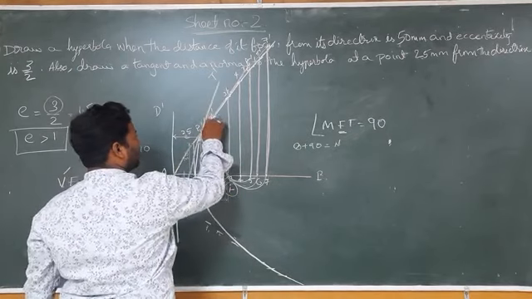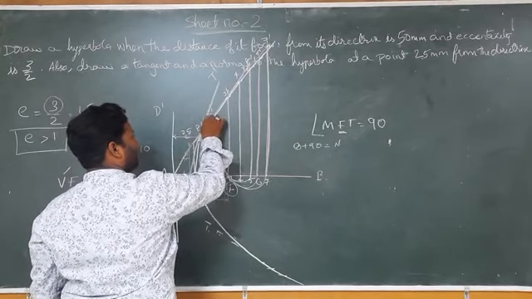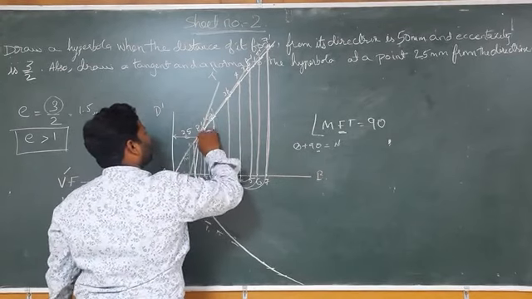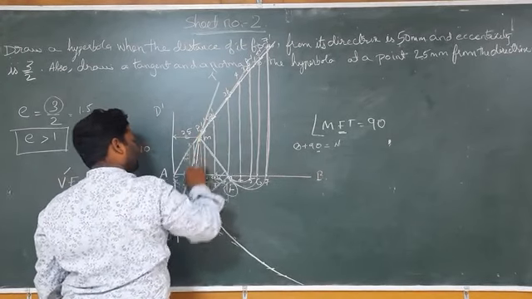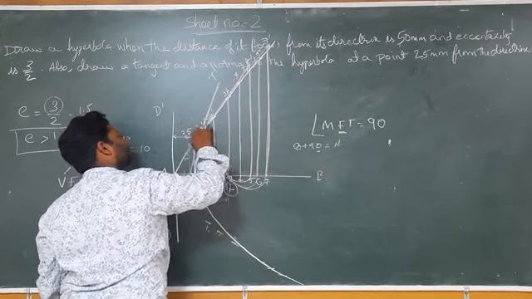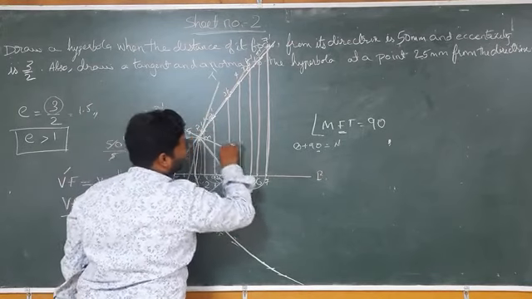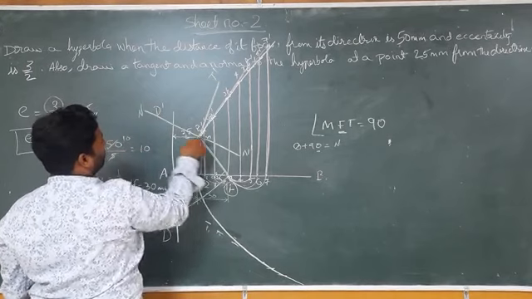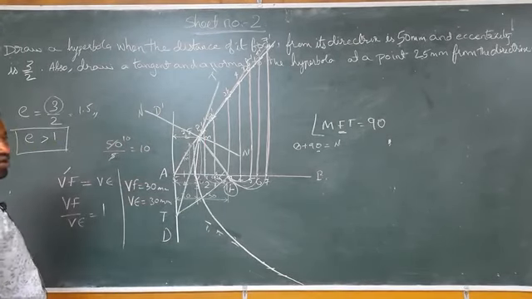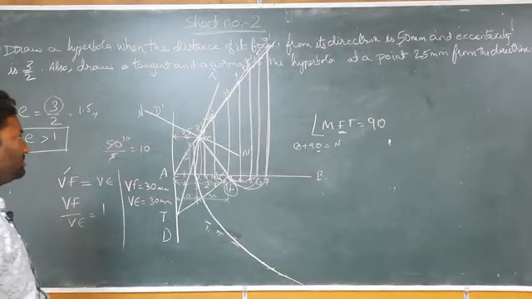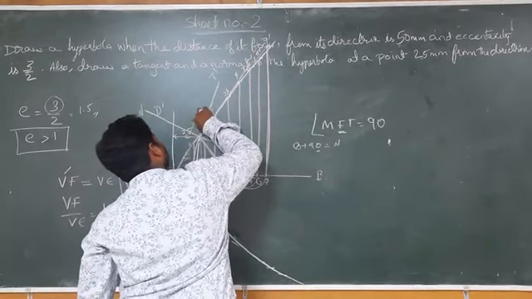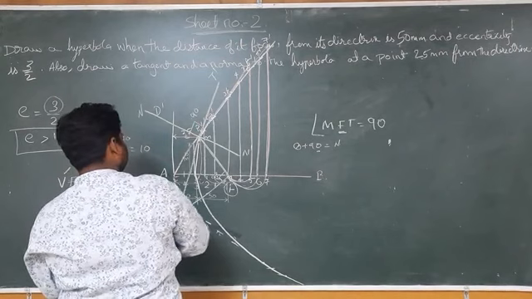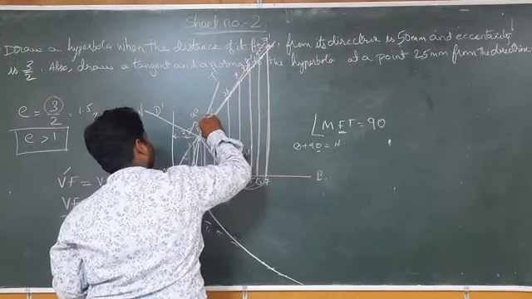So here, whatever the angle is, we have to measure. After that we have to add 90 degrees to this theta, and from that whatever the angle is, we have taken exactly 90 degrees from here. If we take it, we will get a normal like this, N complement. So here we got a normal as well as a tangent. So here the angle is 90 degrees again to the tangent.